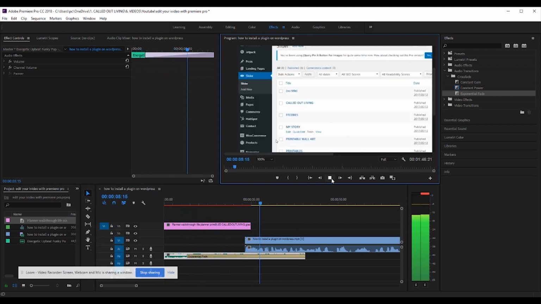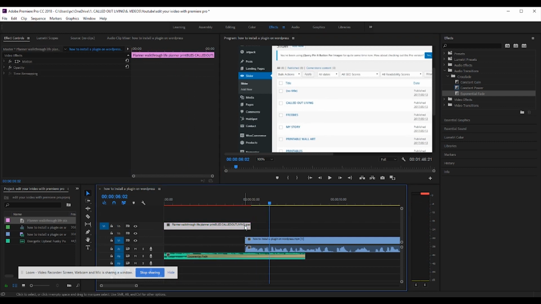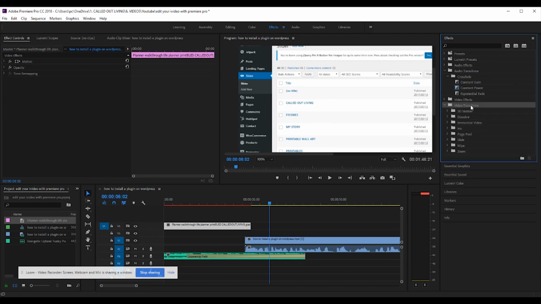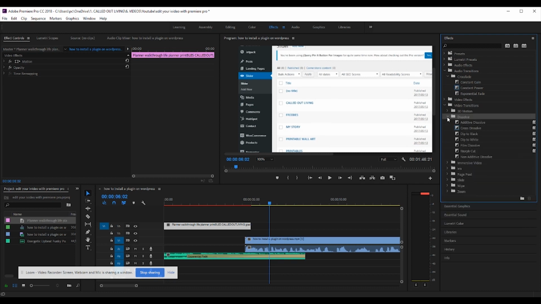Okay, happy with that. Next, I'm just going to do the fade of the cover. So that's a video transition. I'm going to go with dissolve, but you can do lots of things. Zoom in, wipe, slide, all kinds. I'm just going to dissolve, and I'm going to try